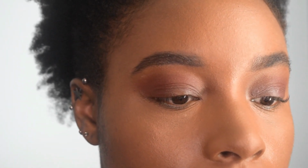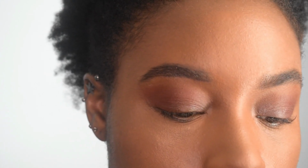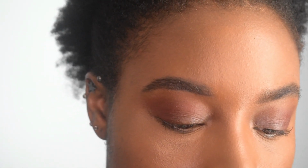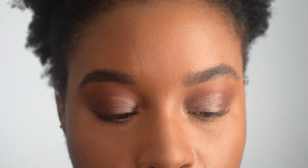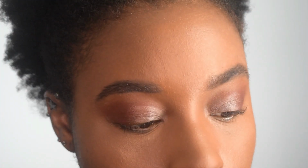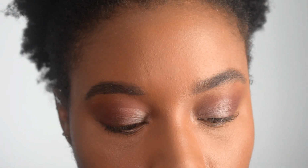Okay, now I just need to cut my lid really quickly. I'm just going to pick up the closest brush that I have, which is a Sephora Pro brush. I'm going to find my NYX glitter glue. And I'm going to cut my lid really quickly, and then I will come right back. Alrighty guys, so now that all of that is done,